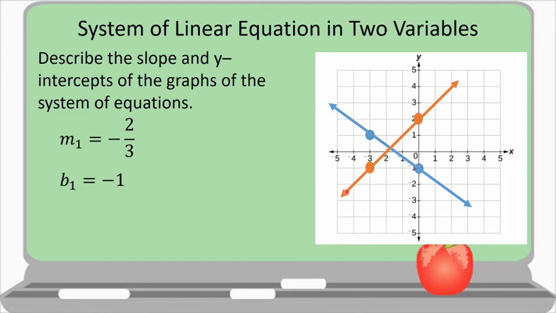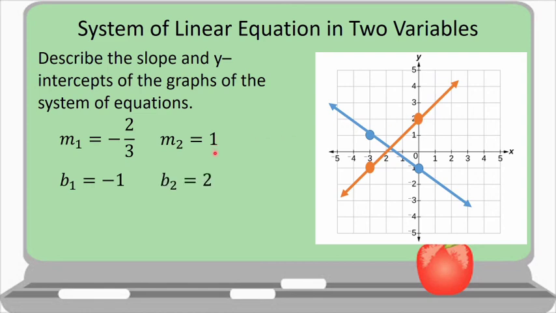Now for the second graph, colored orange, the slope is equal to 1. So why is it equal to 1? We count from this point up to this point. So we have 1, 2, 3. Since the rise is upward, it is positive 3. Then we have 1, 2, 3, so the run is to the right, positive 3. And positive 3 over 3, the simplest form is 1.